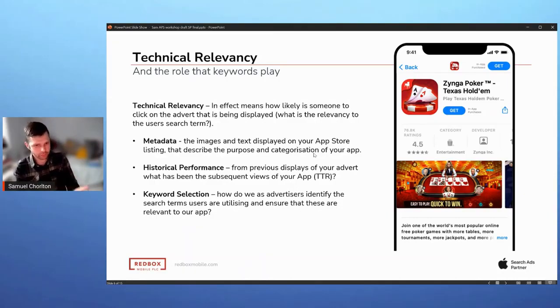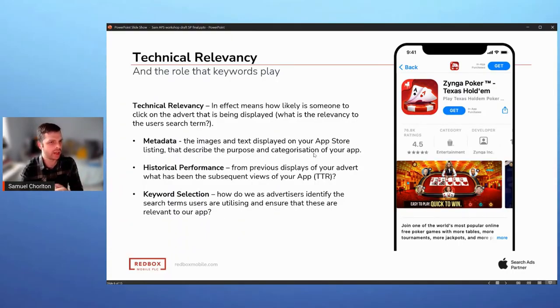So that's where you've got to work out how you make sure that you're bidding on keywords that are relevant to you. And that's where you've got to try and infer a little bit about how technical relevancy works. If you had two sports apps both bidding on the keyword sports, there might be a relatively similar level of technical relevancy, and then that is where the bid price has a more significant effect. But it's quite important to understand that.